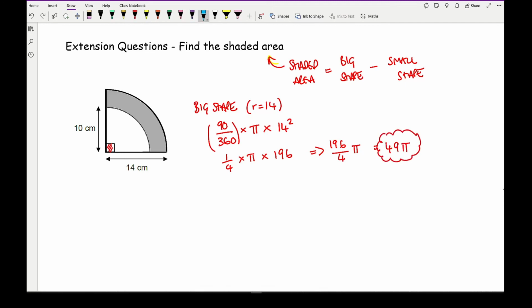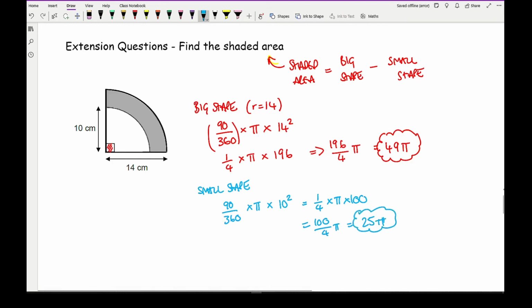So then if I work out the small sector, so the small shape, that's going to be 90 over 360 multiplied by pi times 10 squared, which is going to give me a quarter times pi times 100, which is 100 over 4 pi, which gives me 25 pi. Now to work out the shaded area, I just need to take away those two measurements. So the shaded area is going to be equal to 49 pi minus 25 pi, which gives me an answer of 24 pi centimeters